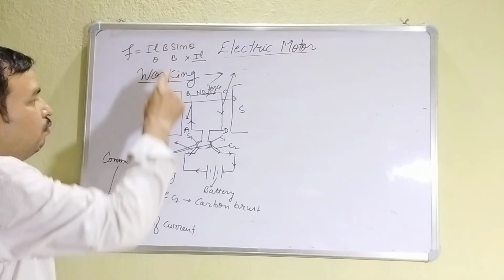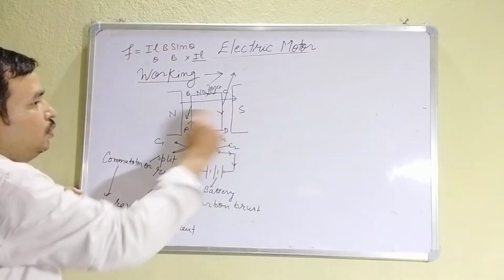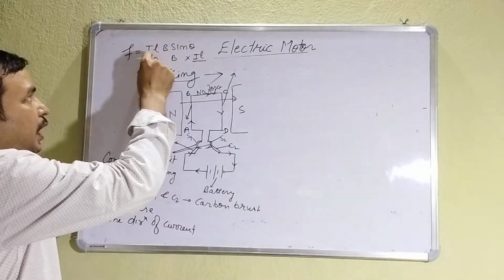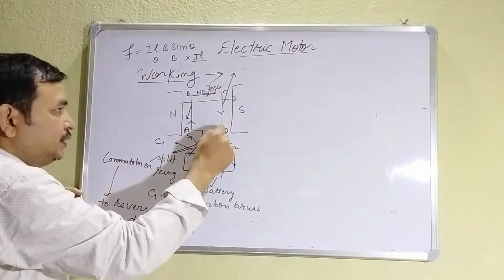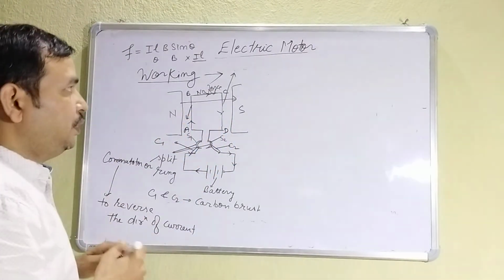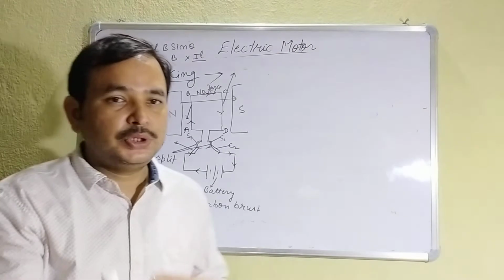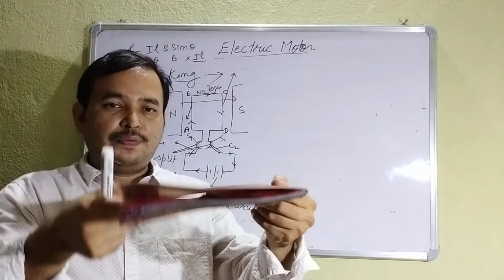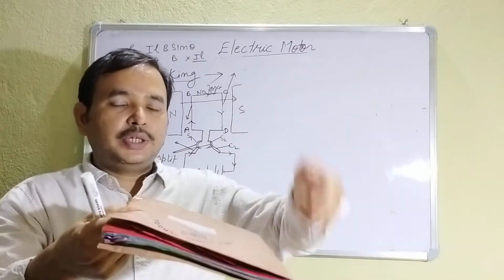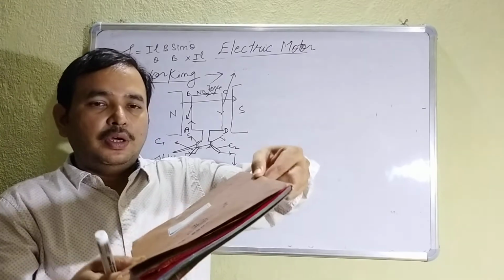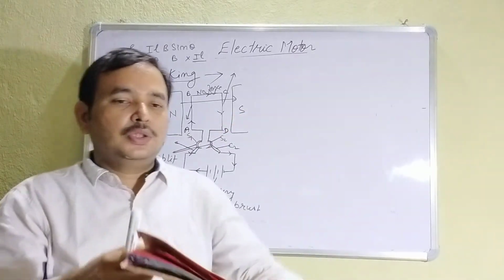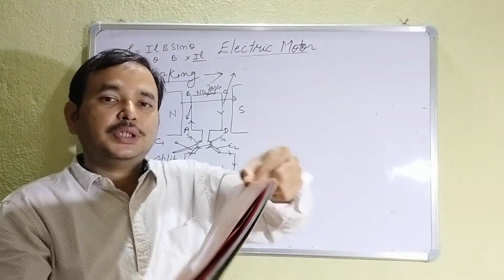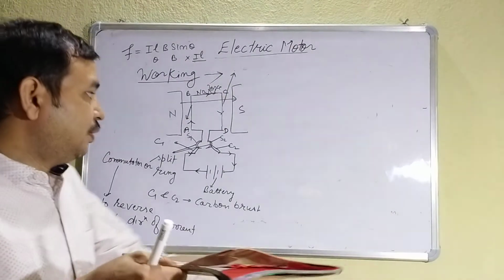And from the formula, for both the arm, B is same, uniform magnetic field, L is same, and current, in both the current supplied is same, suppose I. So both will experience same force but opposite to each other. Suppose I am applying force here in downward direction F, and on this upward direction same force F. So what will happen? It will rotate. Rotate means whenever any force is equal and opposite, there is torque. So it will start to rotate.